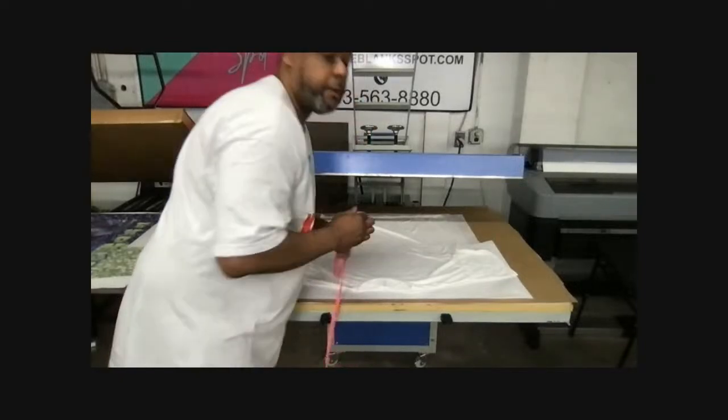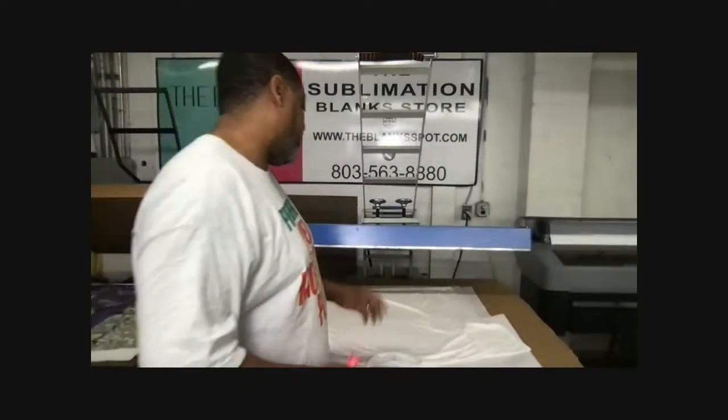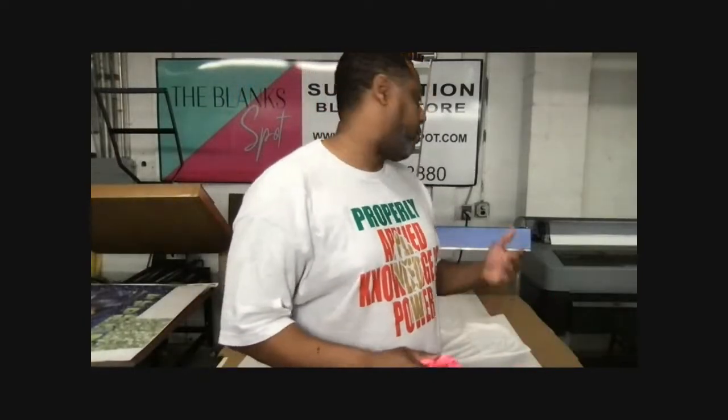And I got 31. So I'm going to give myself about an inch and a half, and I'm going to measure this at about 42 by 33, okay? 42 by 33. That's going to be my measurements for my shirt. That's one way I can do it. Another way I can do it, guys,